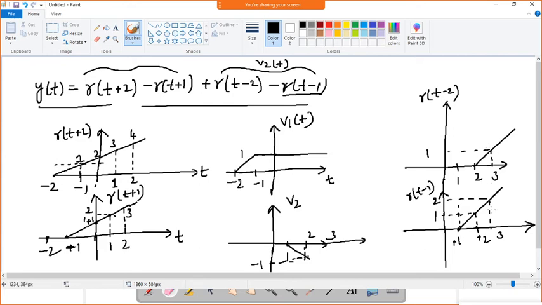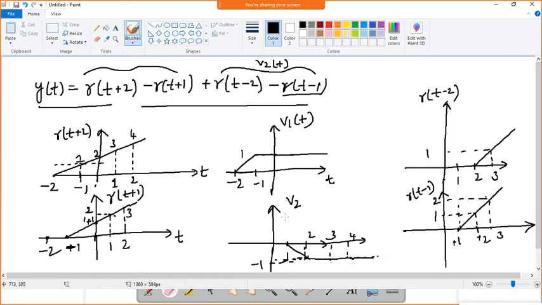So 1 minus 2 will give minus 1, is it not? So it will be a straight slope in the negative region, right? Yes, sir. Whatever the value you take, 3, 4, both the ramps will grow, is it not? Only the difference in the amplitude is 1, so that's why it is growing on the negative side, which is having value 1. So till infinity the value is 1.